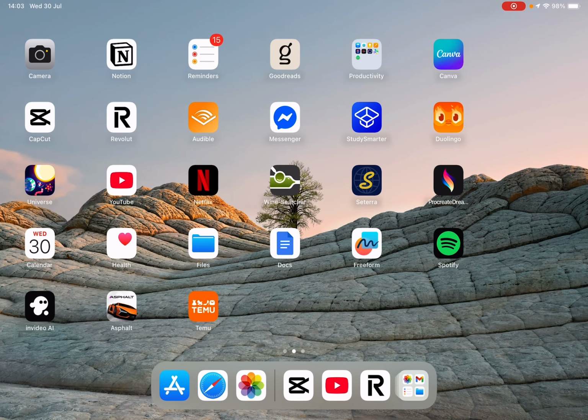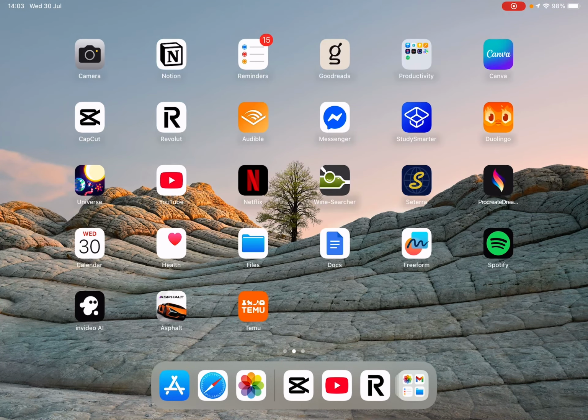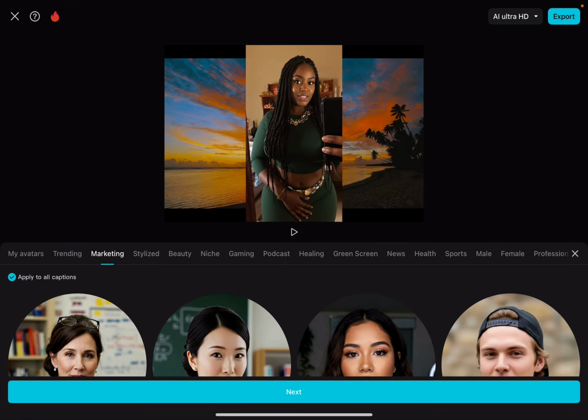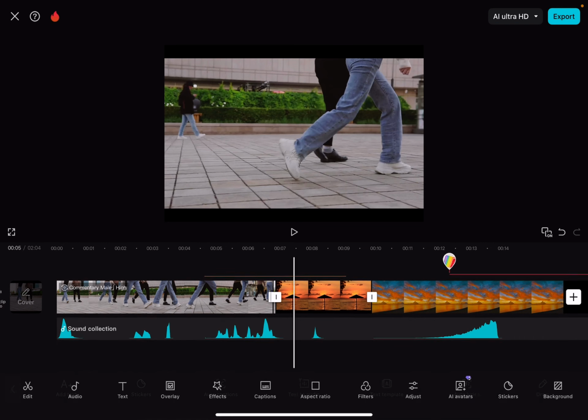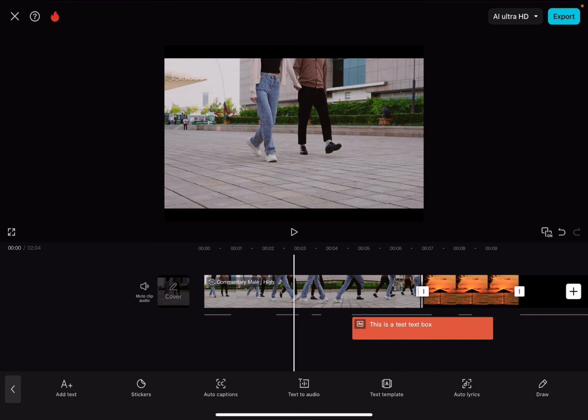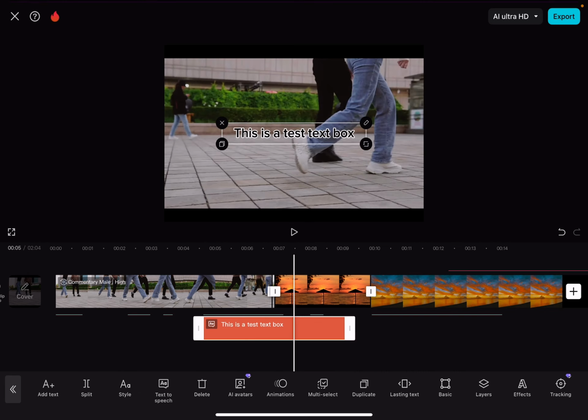Hello guys, in this video I'm going to show you how to generate an AI avatar video using CapCut. So to do that, it's quite simple. Just open up your CapCut application and go to your video project. Then tap on text and introduce your text that you would like to use for your AI avatar. Then just select your text box and the AI avatar option is going to show up right here on the